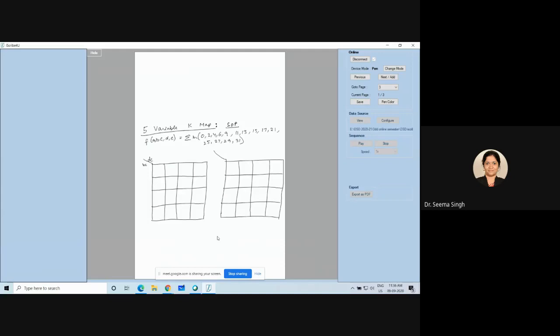So you know that 4 variable means it is up to 16 only. That means 16 cells, that is 0 to 15. But if it is a 5 variable K map, you will have numbers from 0 to 31, and you require 32 cells to take care of it. Now, in a 2D picture, we can make only 16 cells. We can't make 32 cells, which should be understandable also. So now what we do is we make two K maps of 16 each.